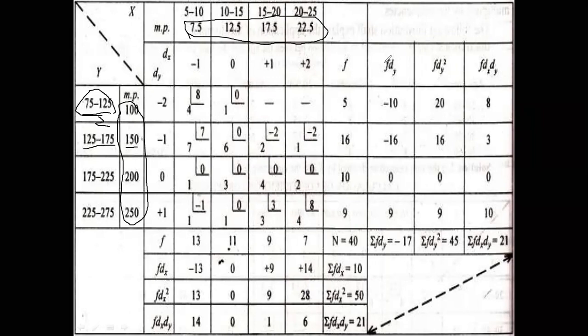Now after doing these midpoint calculations, we have to find out dx and dy. We call it deviation from x and deviation from y. So how do we calculate dx? For that purpose we assume one of the midpoints. The midpoints we just calculated were 7.5, 12.5, 17.5, 22.5, four in number. Out of these, we consider either 12.5 or 17.5 as zero, we take that value as the assumed x. So suppose in this question I have assumed 12.5 as the mid value, as the deviation value, and from it we will calculate the remaining values of dx.